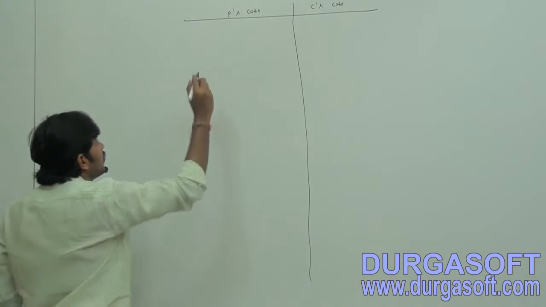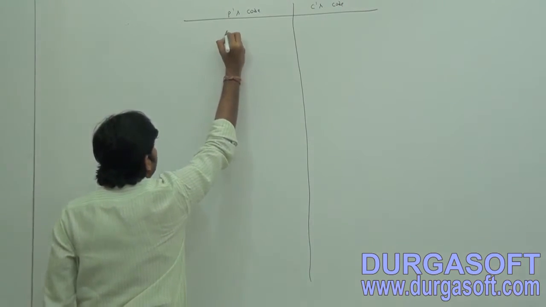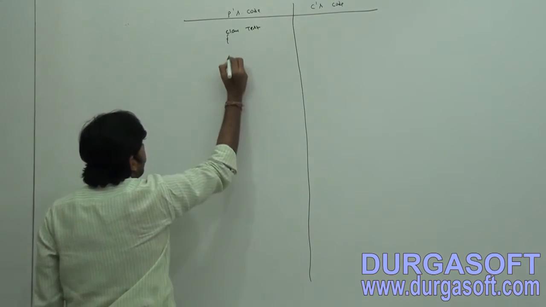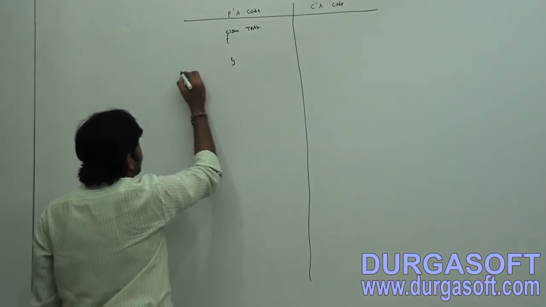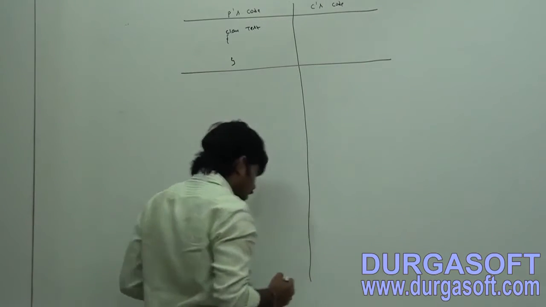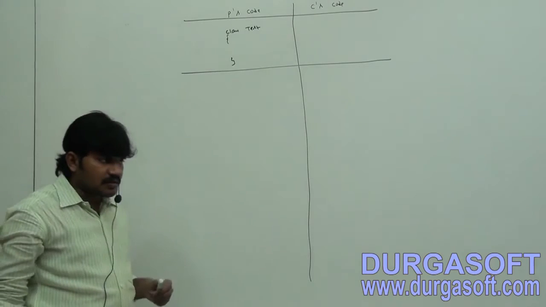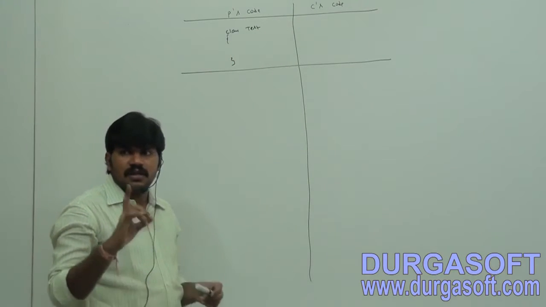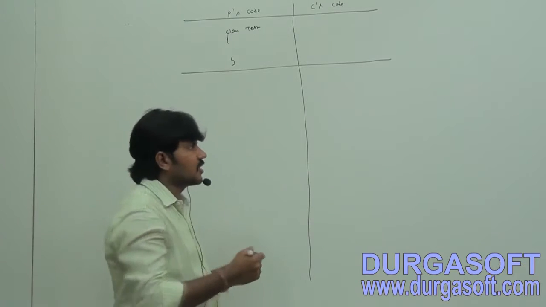Now observe. I am taking the first one. Now listen carefully. Class test, curly braces open and close. Can you tell whether the compiler will generate a default constructor or not? Yes, because I am not writing any constructor. That's why the compiler will always generate a default constructor, right?